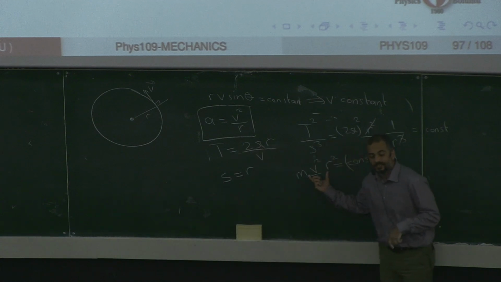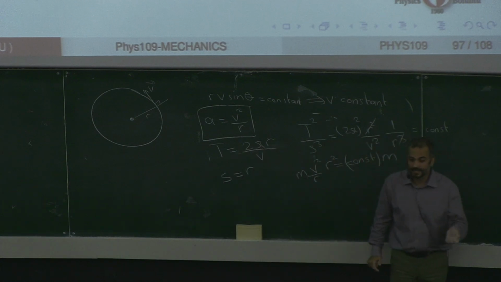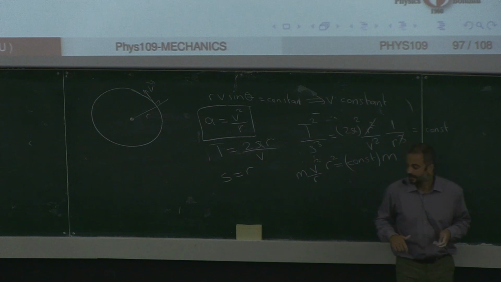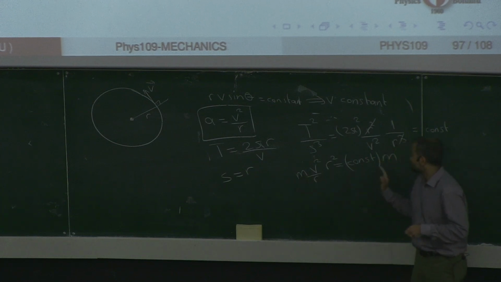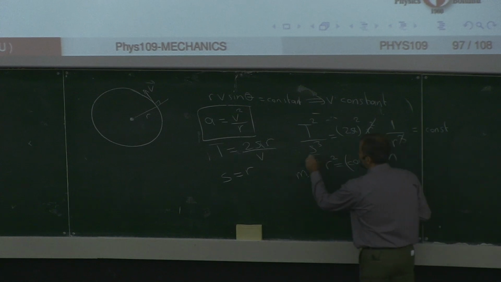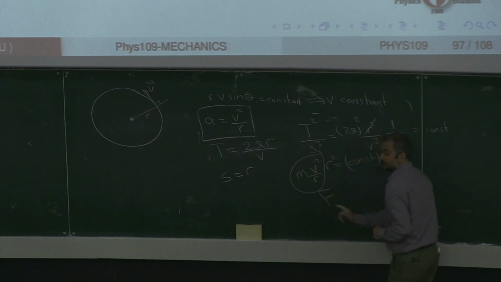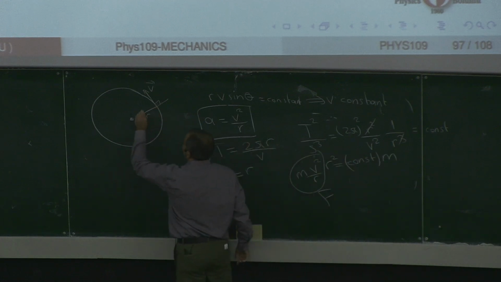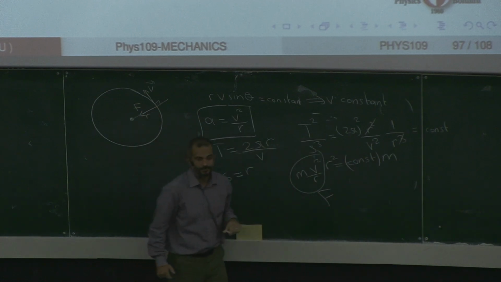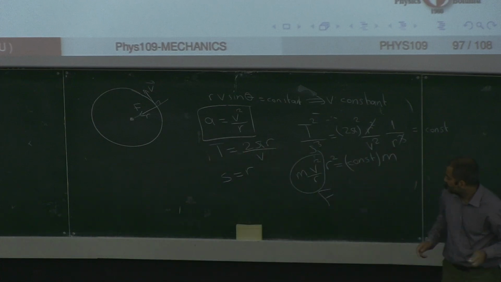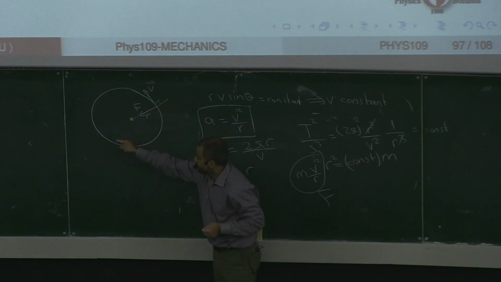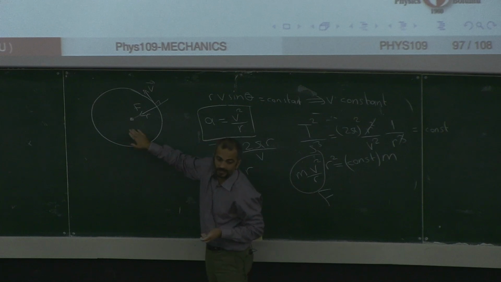Well, if my planet is accelerating, then there should be a force acting on my planet. And the force has to be mass times its acceleration. So I just multiplied the left-hand side and the right-hand side by m. So this is the magnitude of the force acting on my planet. Furthermore, since it is doing a uniform circular motion, I know that this force is directed towards the center. There cannot be any other force. So my planet should be experiencing some force directed towards the center where there is the sun,